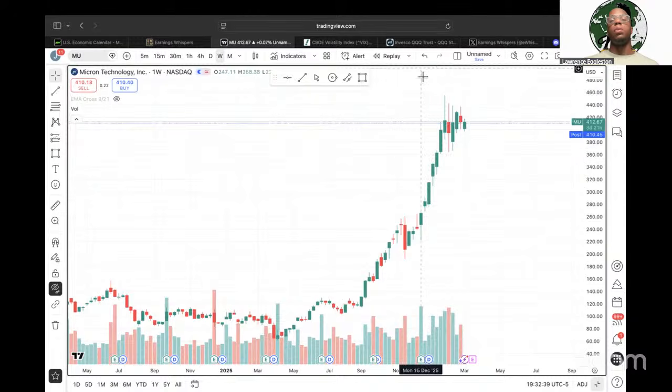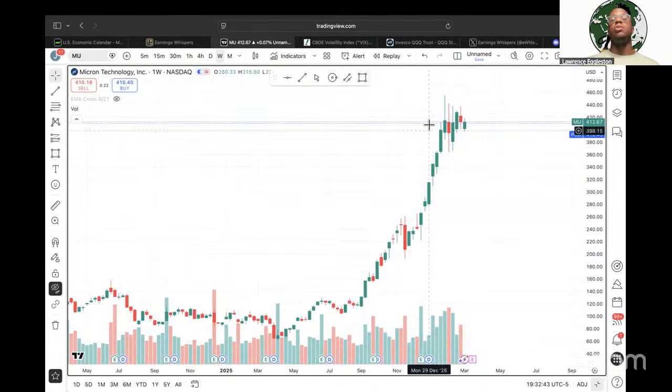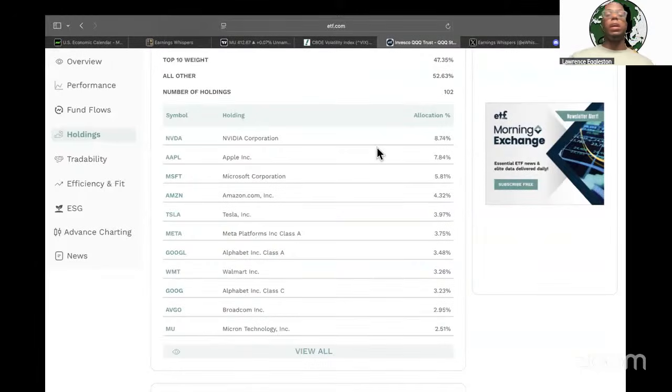So the thing that I want to stress to you guys is very, very important, right? Is now you have MU, which, like I said, has shot up like a cannon. But because it doesn't sit this high, you take a look at NVIDIA, which is number 1. You got NVIDIA, Apple, Microsoft, Amazon, all not doing anything. So this is why every day it feels like, well, one day down, next day up, one day down, next day up. That's why it feels like that over and over and over again, because your main contributors are not